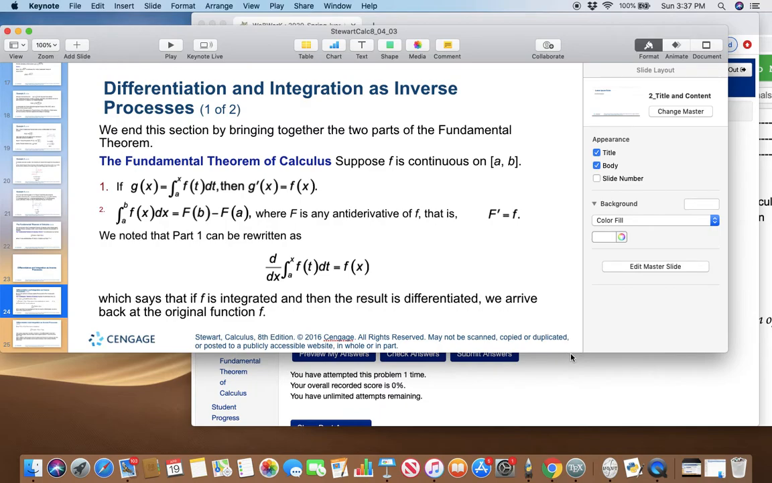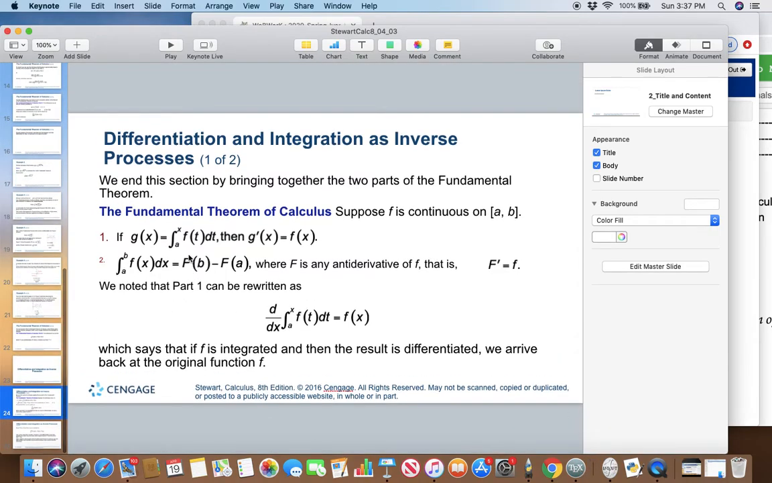So first of all, the first part of the fundamental theorem of calculus says if the lower limit is a number and the upper limit is a variable, then when you take the derivative, you get the function back. Okay? The second part says this: if the limits are both pure numbers,